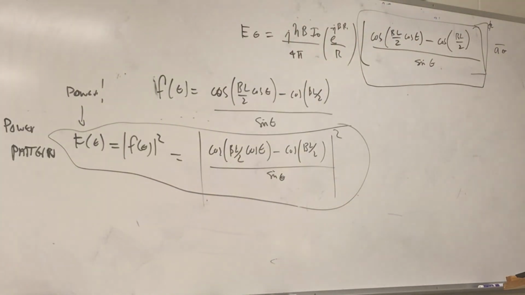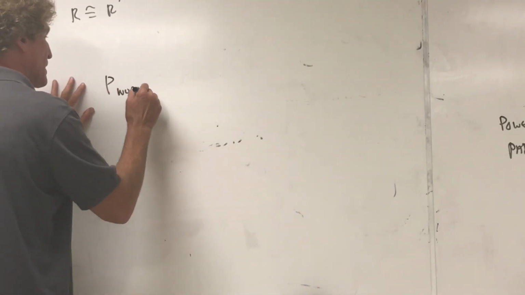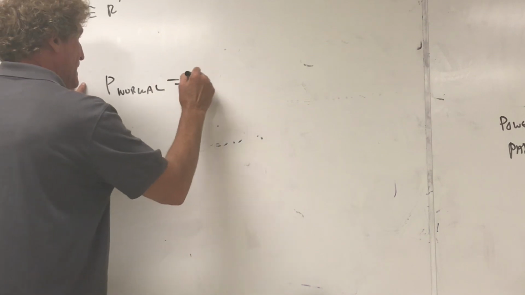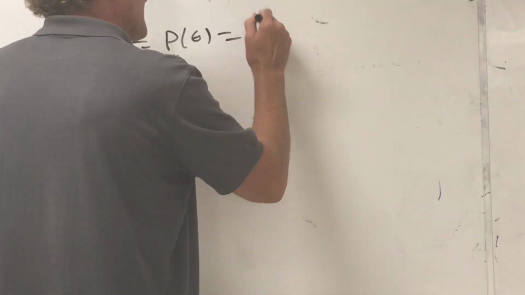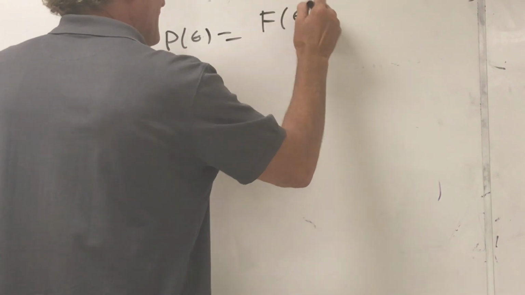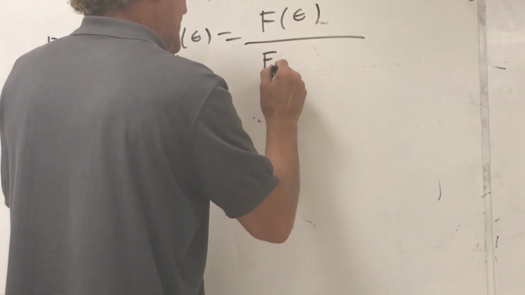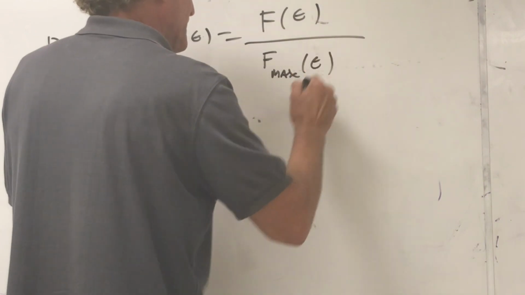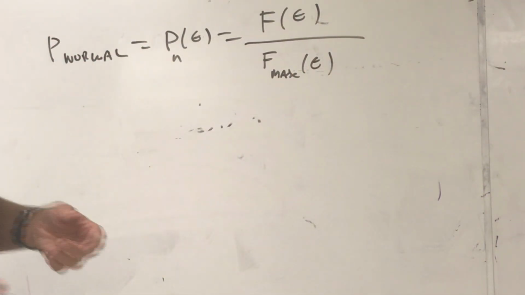for an arbitrarily long dipole, you write down p, and this would be p normal, or p of n of theta. Now you say it is going to be a function f of theta, that's the upper one over f max of theta. So now you have to find the maximum value of this function